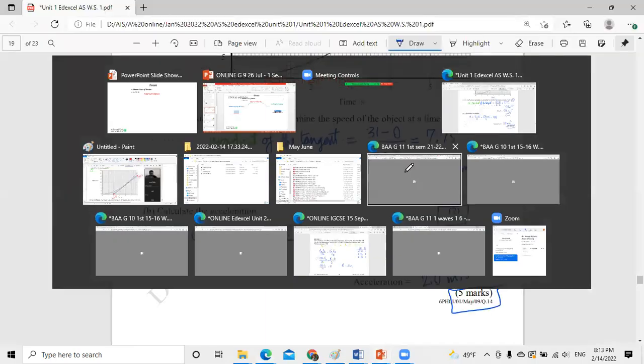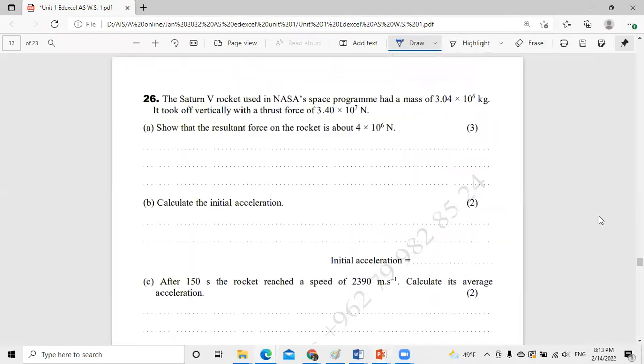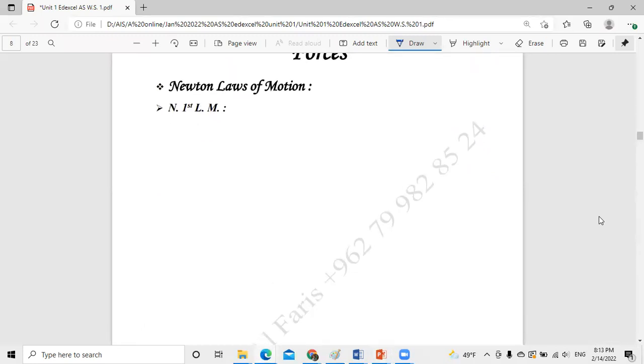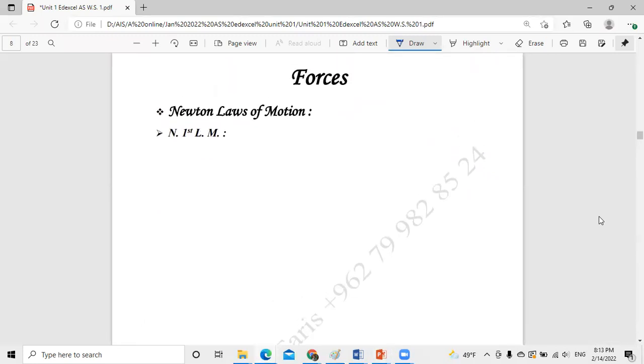Okay, no problem. Let's go back to the basics. When we talk about forces, since we are in the 4th grade, we start studying